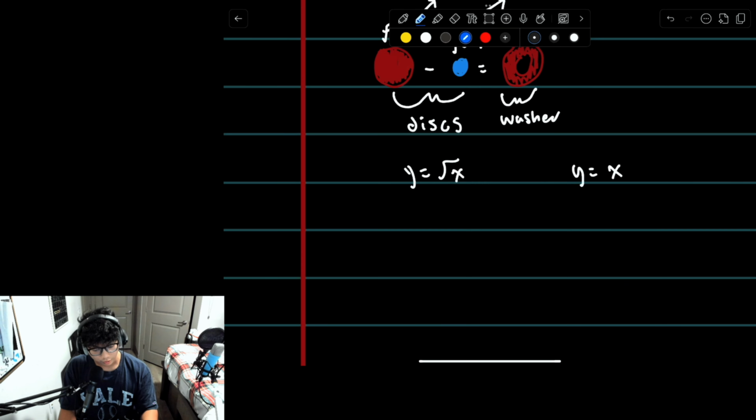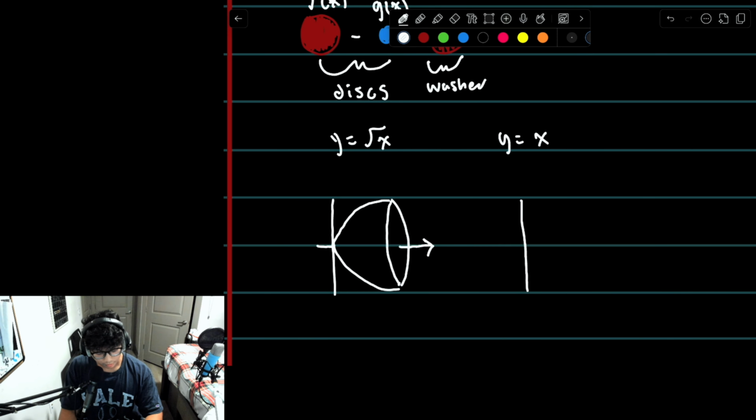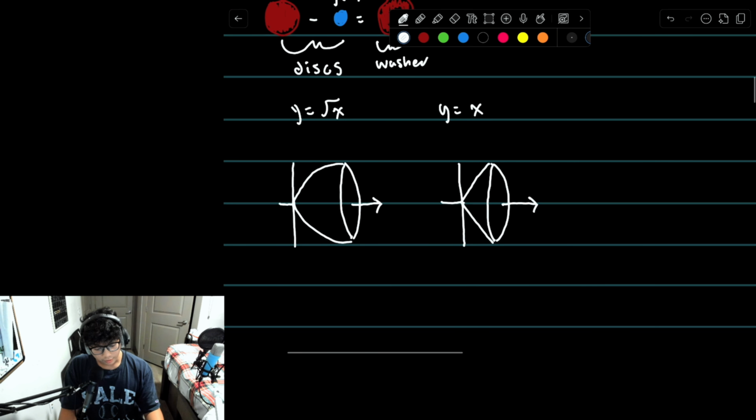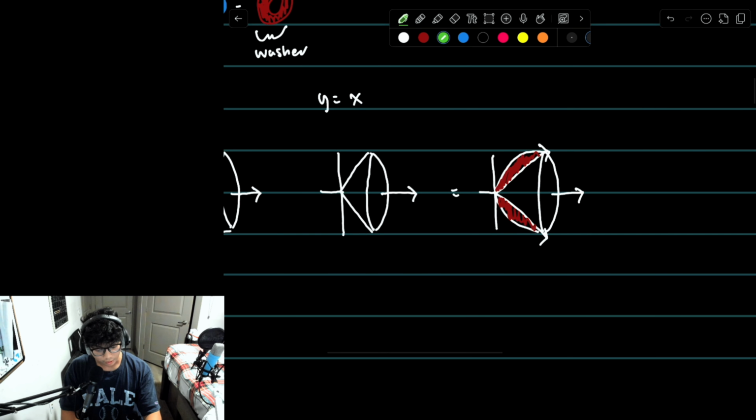So let's draw two separate graphs, and we'll also reflect it on the other side, as well as our y equals x graph. Now typically to determine which one is bigger and smaller, you can always put it all in one graph. The concept you want to understand here is the outer minus the inner. So when it's all put on one graph, you begin to realize our outer is the square root of x